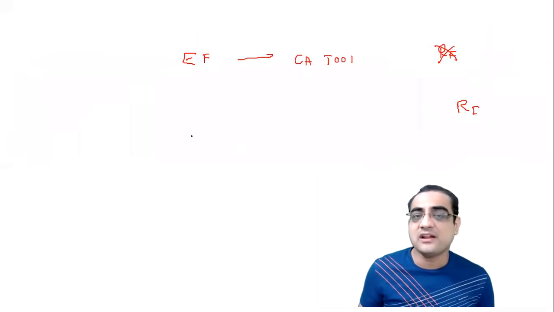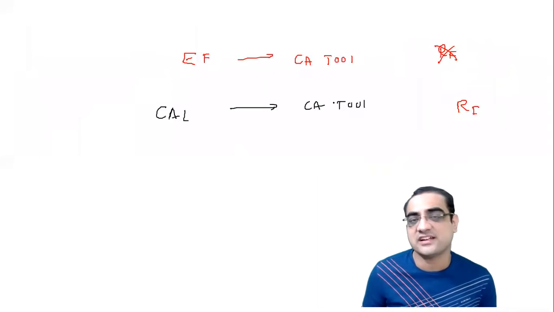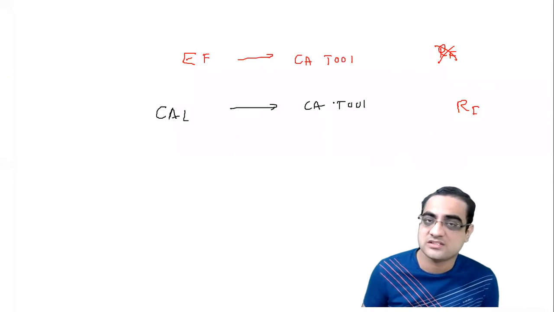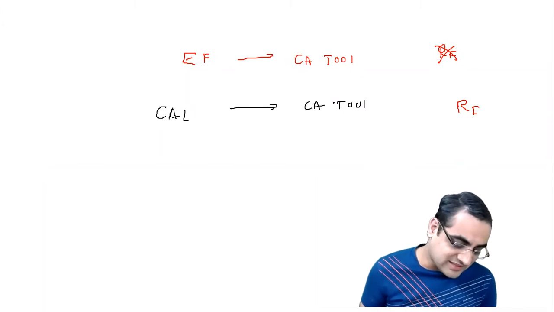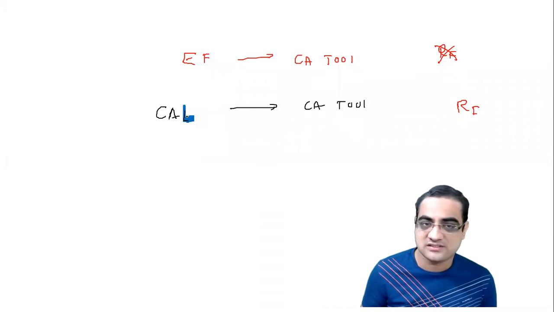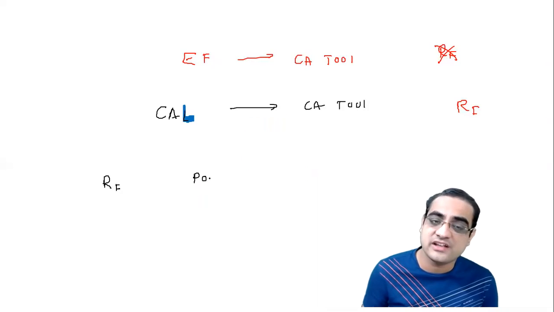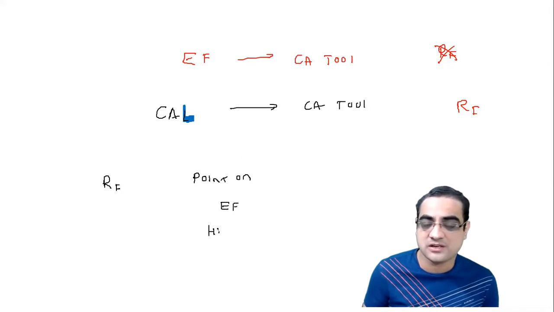So for capital allocation purposes, the CAL would be a tool in case risk-free assets are possible to be invested in by the client. It's called the capital allocation line. And to plot a line, we need 2 points. One is the RF, and the second is the point on the efficient frontier which has the highest Sharpe ratio.